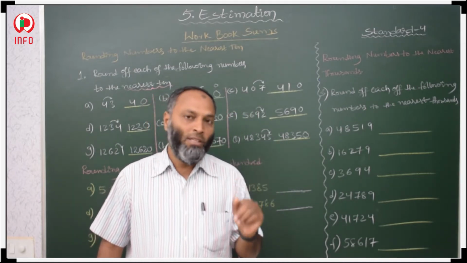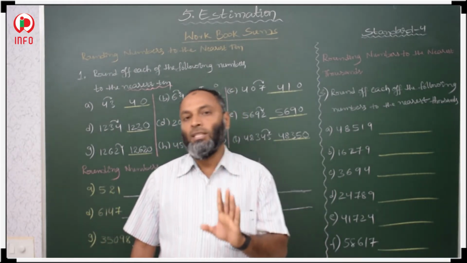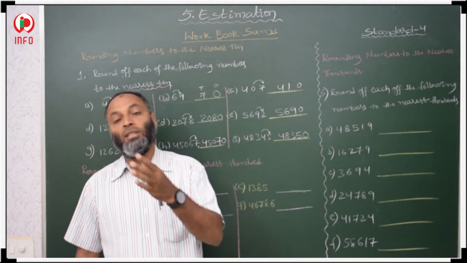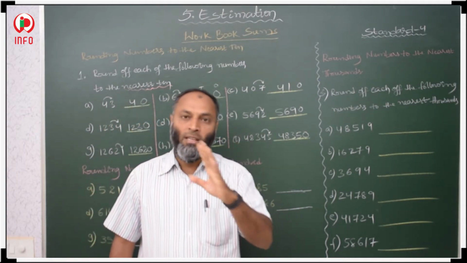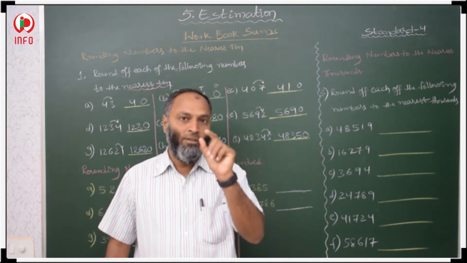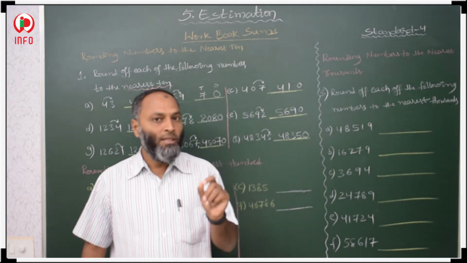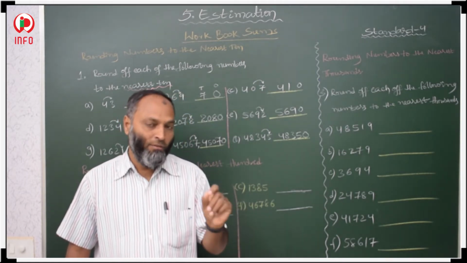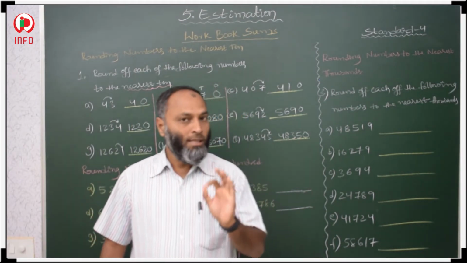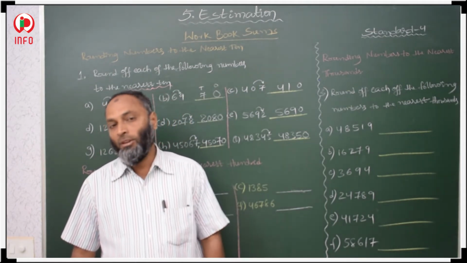If the value in the ones place in the given number is less than 5, then you keep the tens place as it is, no change. And the remaining digits, if extra digits, hundreds, 1,000, 10,000, lakh, 10 lakh, whatever is given, you keep as it is, there is no change. Only we have to decide what will come in the tens digit. That depends on the ones digit. If the ones digit is greater than 5 or 5, then we add plus 1 to the tens digit. If it is less than 5, then you keep the tens digit as it is. These things you have to keep in your mind.